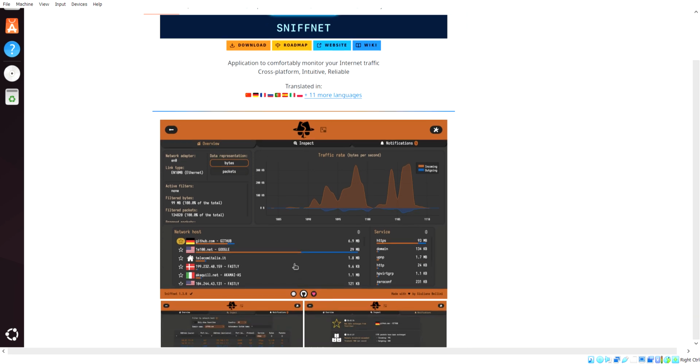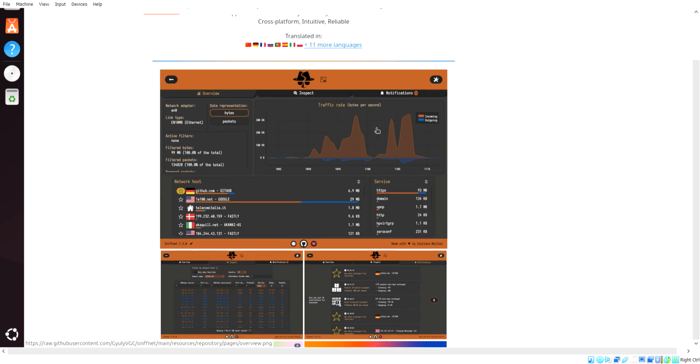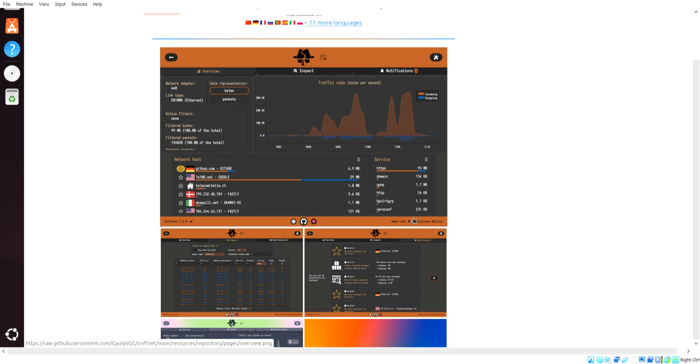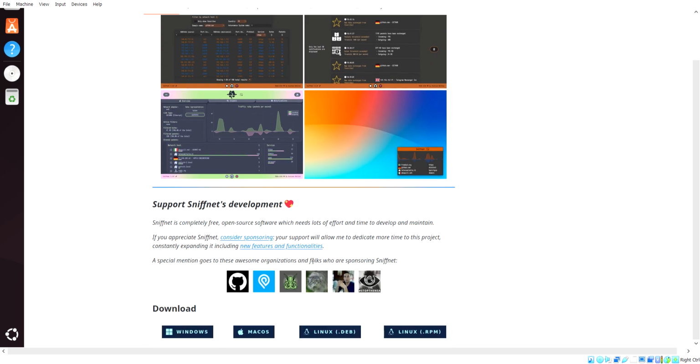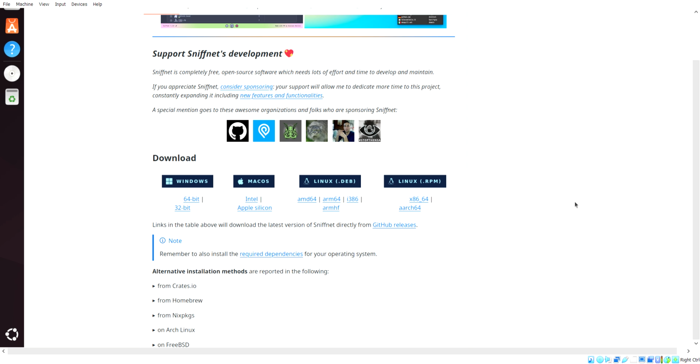So this is the UI of the application, where we can see the traffic that is going through, the network hosts that are available in the machine, and the services that are running. For our case, we want to download it on a Linux machine, so we download the package for Linux. So we would click this button right here,